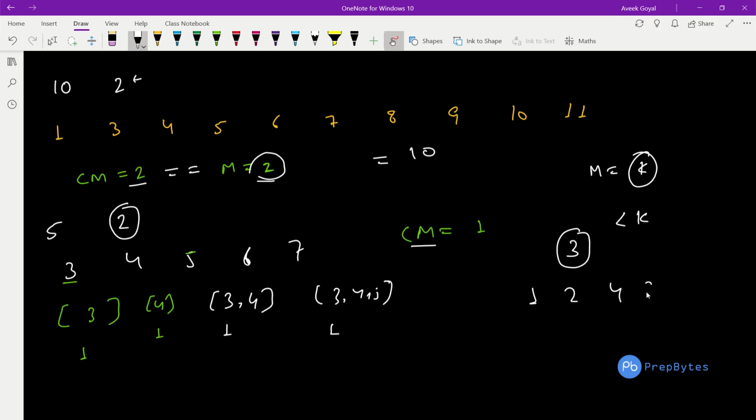If we have 1 2 3 5 and 6, now 3 is the answer, but if I remove 2 from here, now I'll tell you what is the max. The max is nothing but 2, because the smallest element missing is nothing but 2. Fine. So understand this point here: if the m value is k, then all the values less than k should be present in our array such that the max can become k.